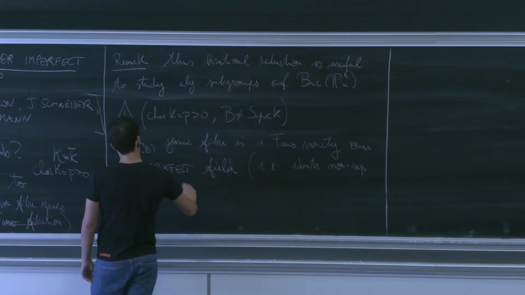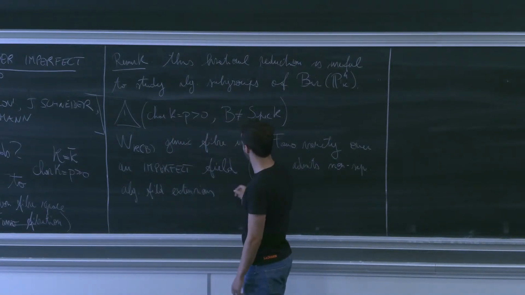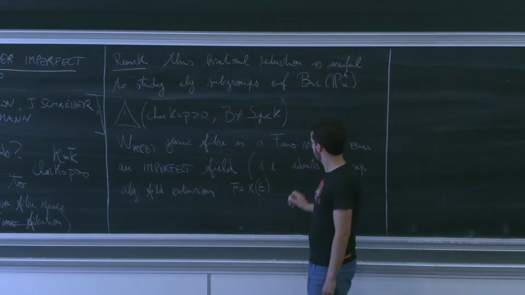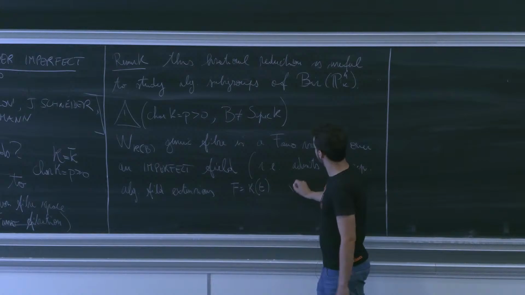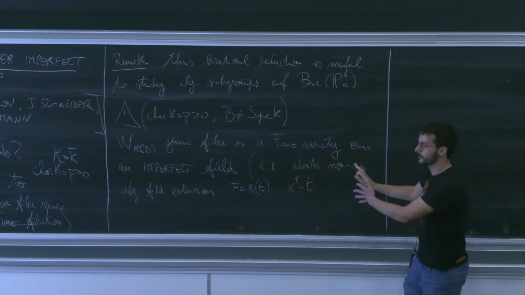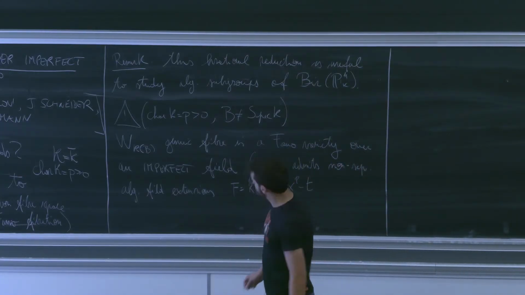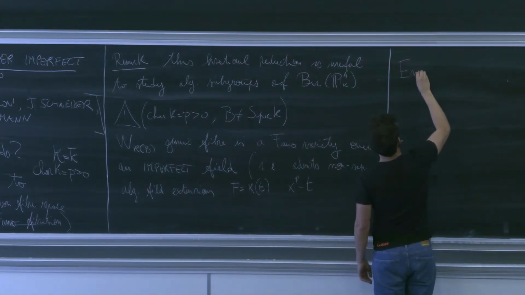So a classical example: say F is little k(t), k algebraically closed of characteristic p, where I fix p, p is always the characteristic, and then of course you take this inseparable polynomial. So this is the standard example to keep in mind all the time. What is tricky is the following, though. Even if